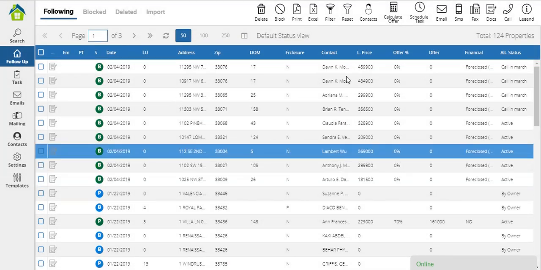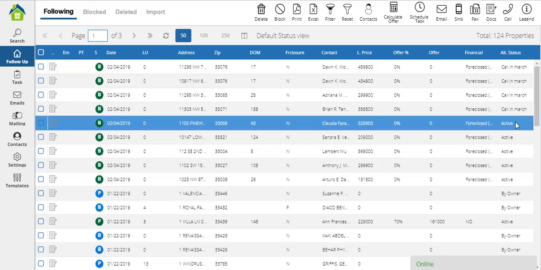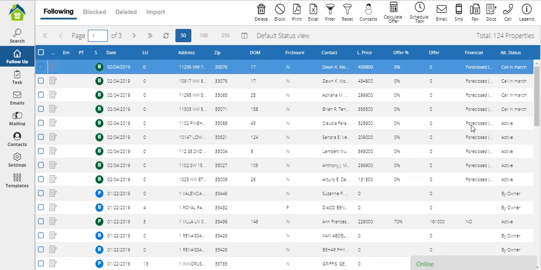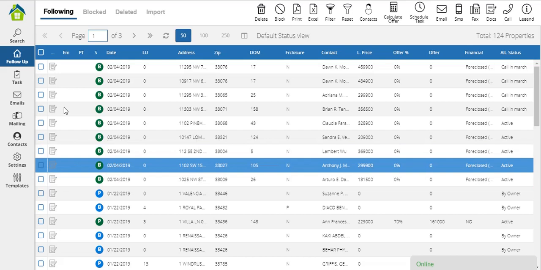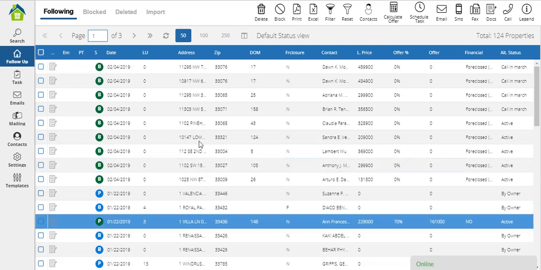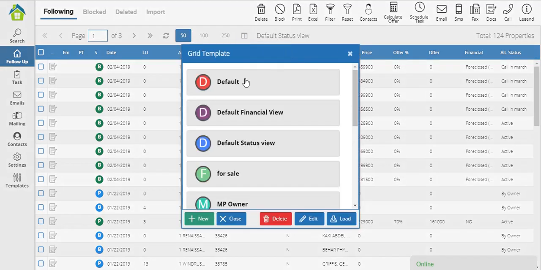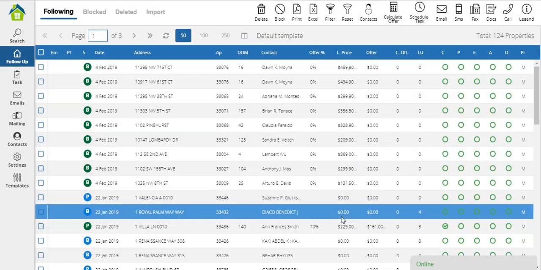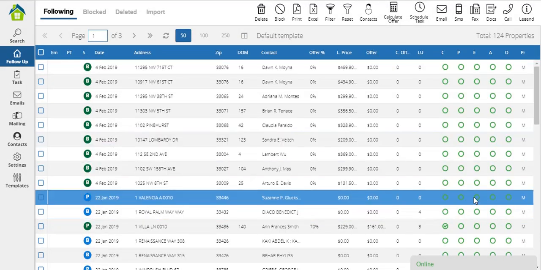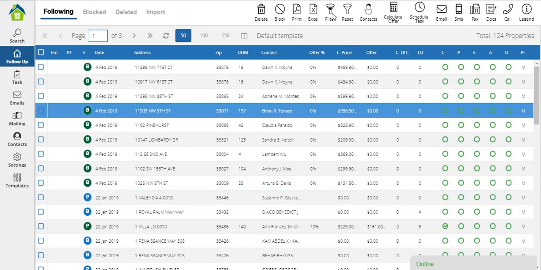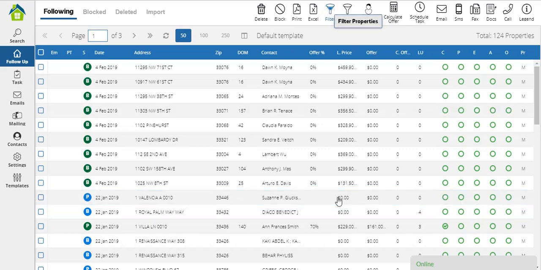And the good thing about this is that you can filter according to this alternative status. For example, let's say that you're not always using the default status view. Maybe you like your default view. And from the default view, you want to see only the properties that you know you have to call in March, that you have to call next month. Well, simply click on the filter icon,